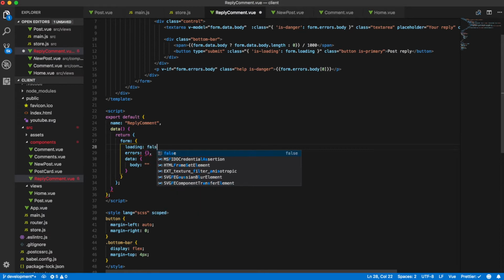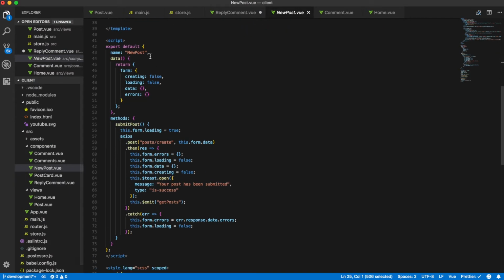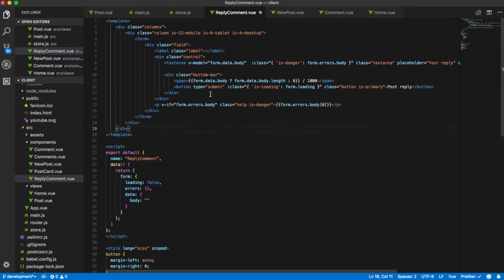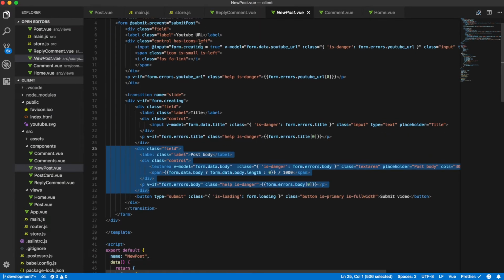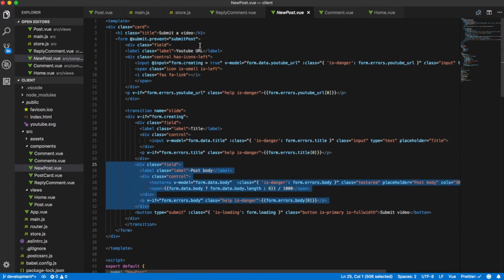So we're just going to say loading to false. Creating, we don't really need that. So if you click the button, we want to say this again, add submit,